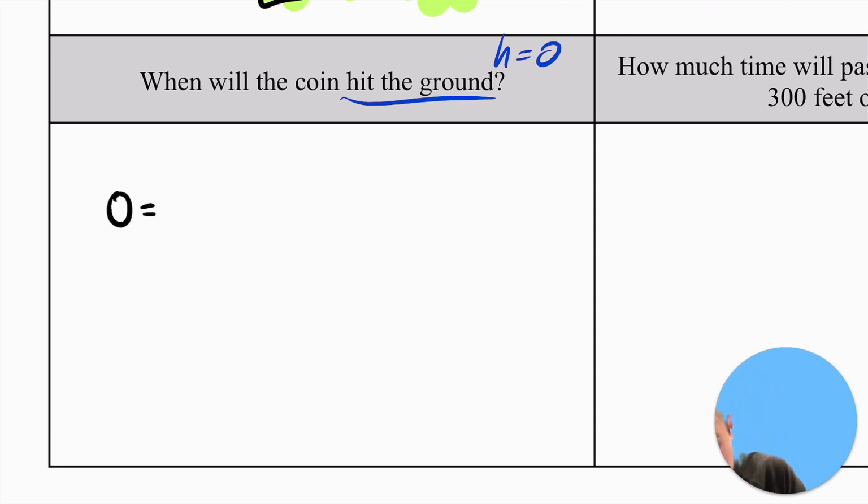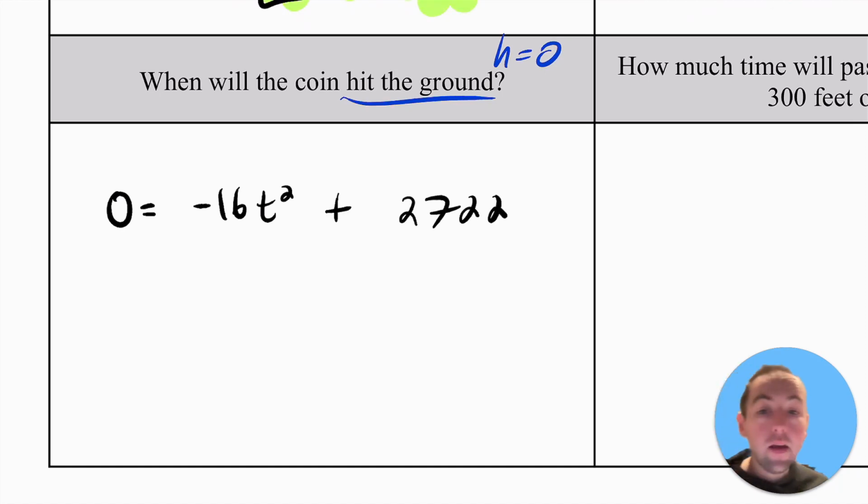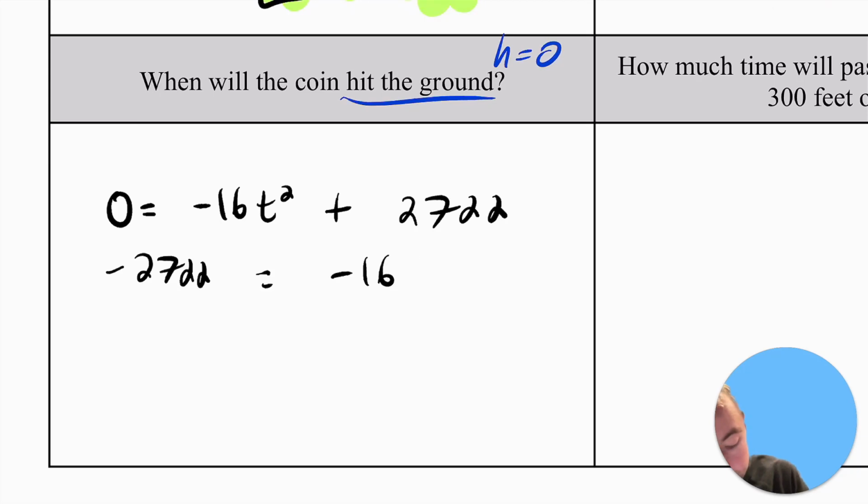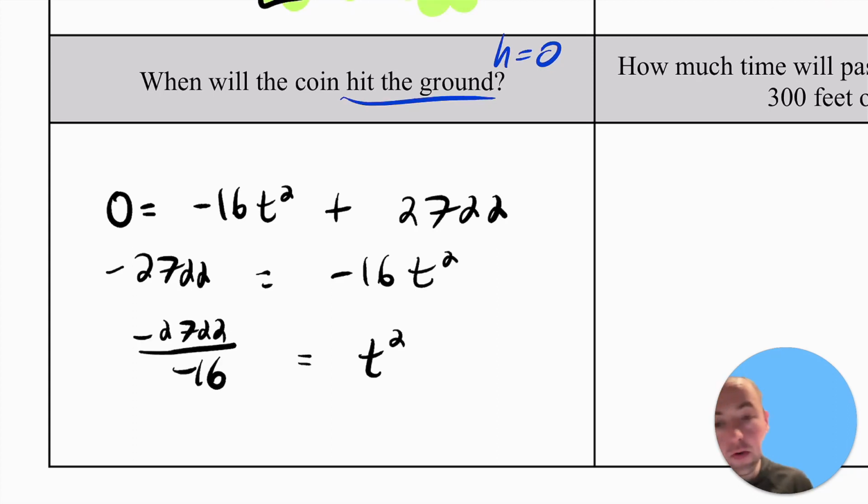So 0 is going to be equal to negative 16 t squared plus 2722, and then you can solve that. If you want to use the quadratic formula, you could, but if you realize that we just have a number and then the squared term, you could just use the square root property. You just got to get the numbers all on the other side, right? So if I subtract 2722 from both sides, this is equal to negative 16t squared, and then I can write that